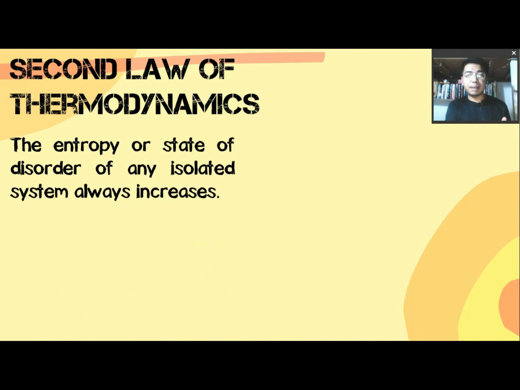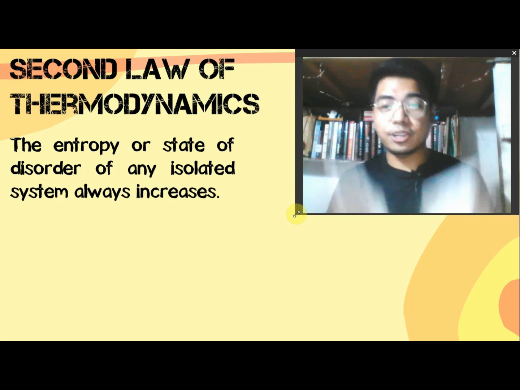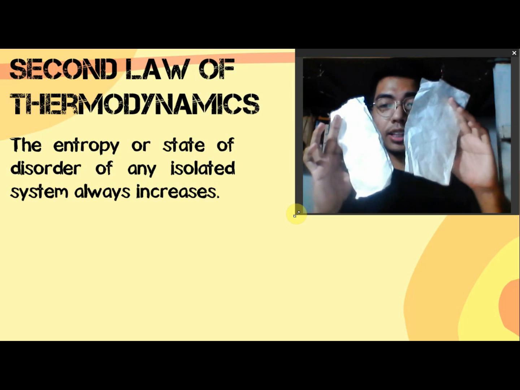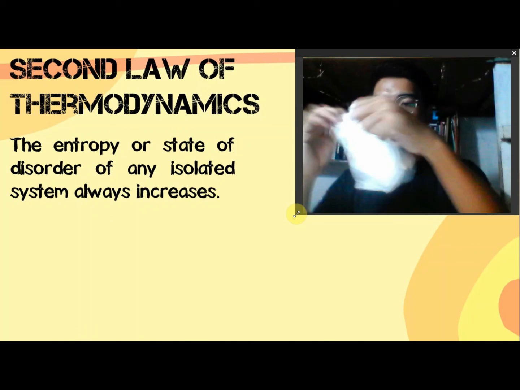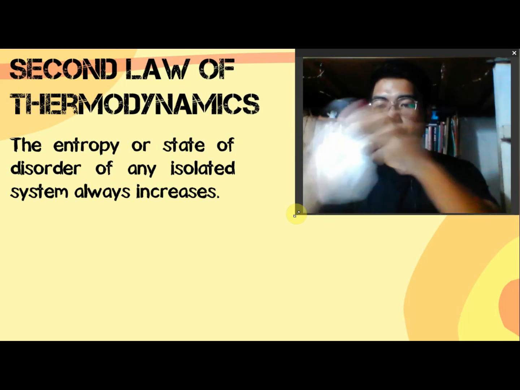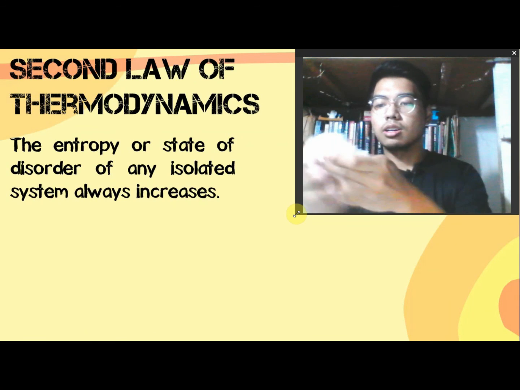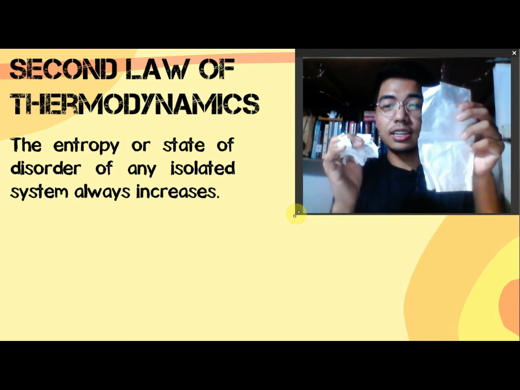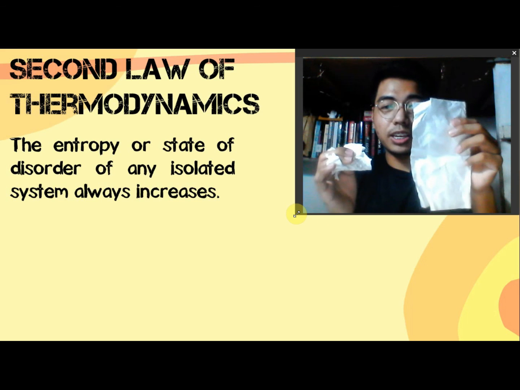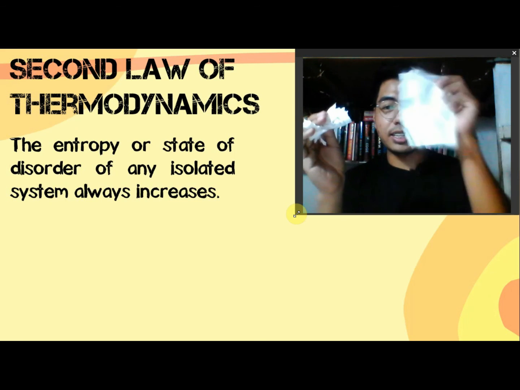After the first law of thermodynamics, let's now consider the second law of thermodynamics. When it comes to the second law, we are considering the concept of entropy, or simply the state of order and disorder of an isolated system, which always increases. So if you're going to use an analogy for the second law of thermodynamics, for instance, we have here two pieces of identical tissue paper. And if I am going to tear this piece of tissue paper, which of these possesses more entropy? Is it A or is it B?